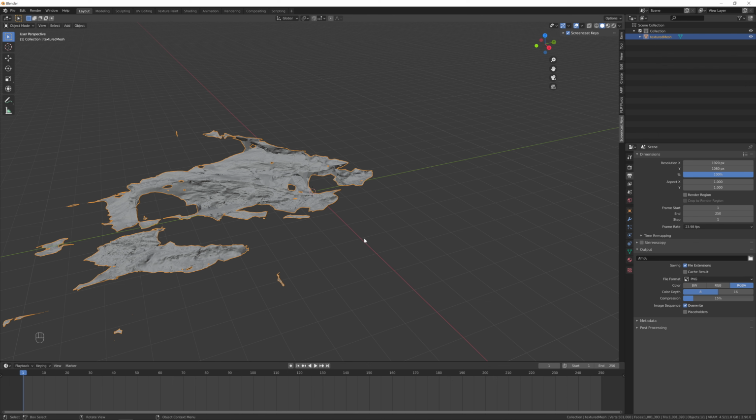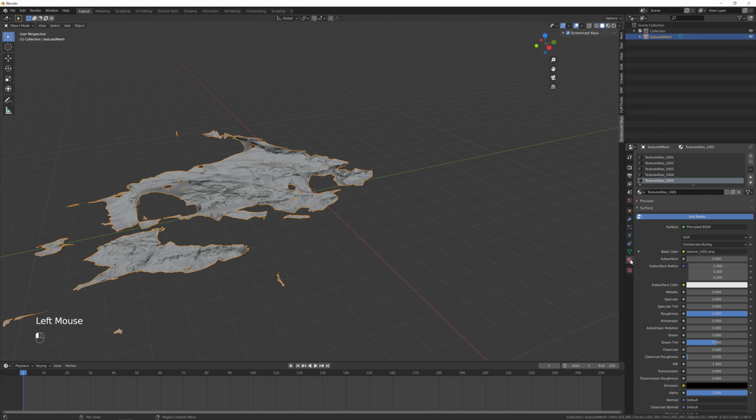Now two things you'll notice. Firstly is the amount of vertices this model has. As you can see, it's very dense, and on a slower computer this could be an issue. The second thing you'll notice is in the material properties there are lots of texture maps. Now both of these things may not be an issue for you and you can carry on just fine with the model how it is.